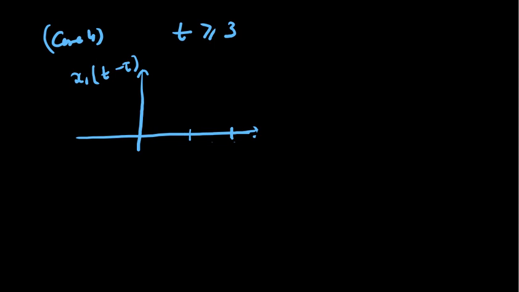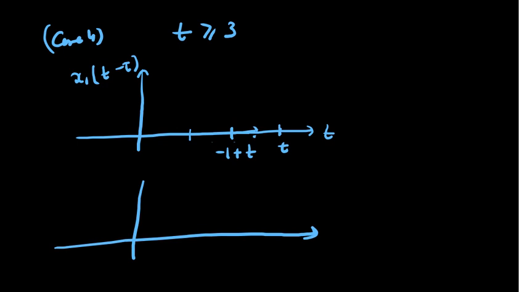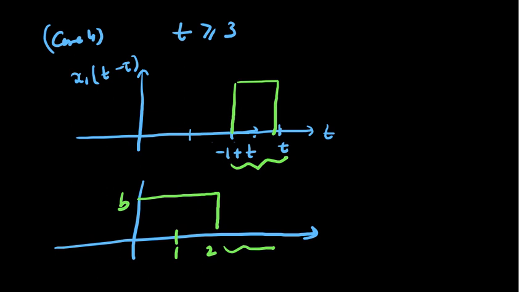This is t, which is greater than 3, and minus 1 plus t will be greater than 2. And your x2 is from here to 2. So there is no domain where both of them are non-zero. So the multiplication will be 0. So the convolution will be 0. So next step could be,